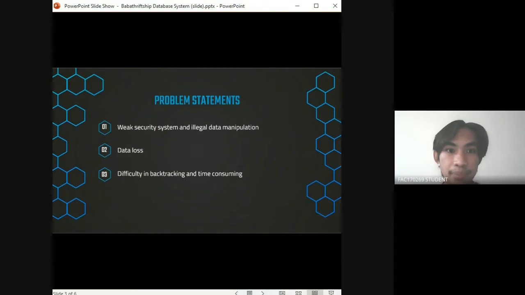The current system has a very weak security system. The notes application, WhatsApp, and the photo gallery where all the screenshots are being kept are only locked by an application lock. Thus, it can be easily accessed or hacked by other people. The data can be manipulated, stolen, or used for a wrong purpose.